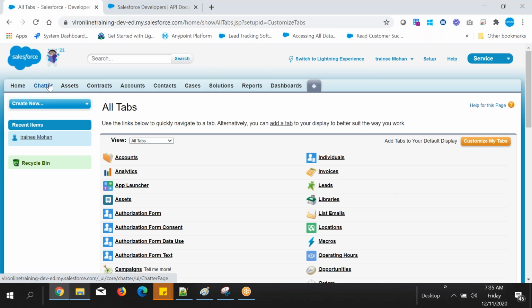Okay, you can see here charter, assets, contracts. Two tabs I have added. Again, where from where? Plus symbol, customize my tabs from here only. Okay, good. Next, my requirement is